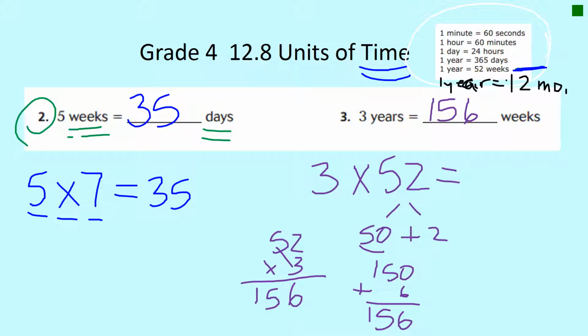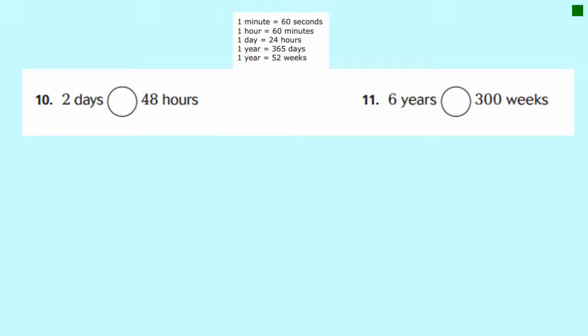All right, let's keep going. Number 10 and 11, it says compare using less than, greater than, or equal. All right, so number 10, they want to compare 2 days to 48 hours. So it's days to hours. So let's see how many hours are in 2 days. Looking at the chart,